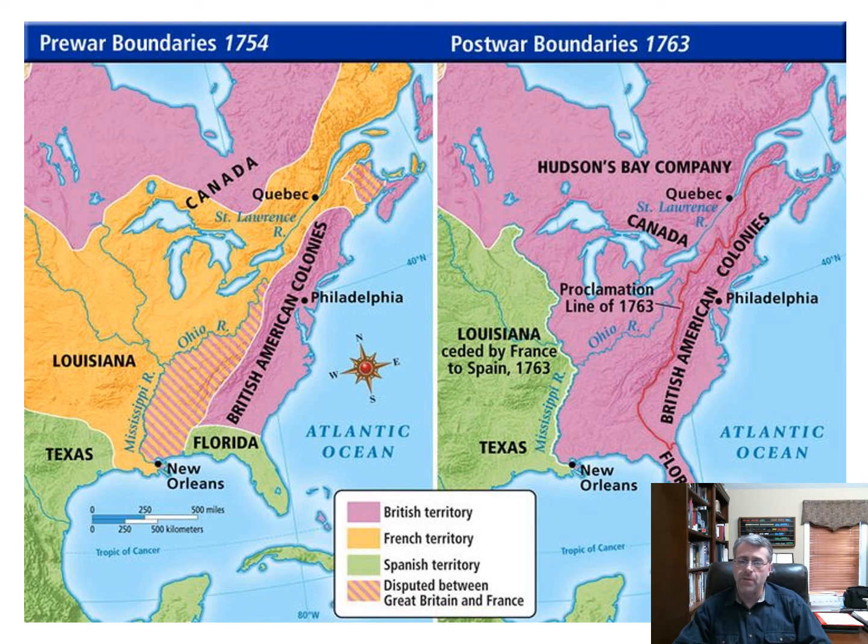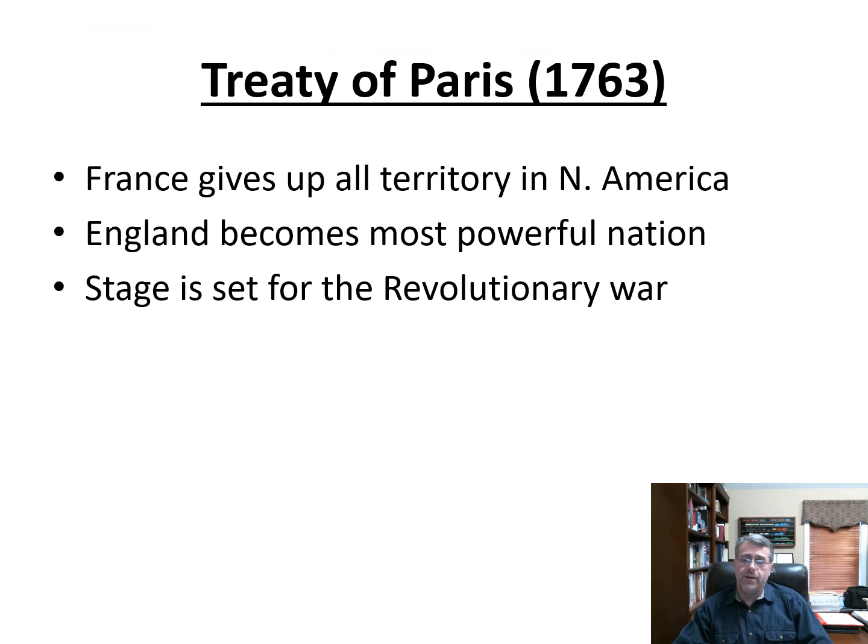So the map looks quite a bit different after the war than it does before the war. Which brings us to our final point here. With effective control of North America, England becomes the most powerful colonial power at this point. Spain, while they still control a vast territory in Central and South America, they're on the decline. They've been on the decline for many years. So relatively, they're a weak power. Their control of Latin America is somewhat tenuous at this point.